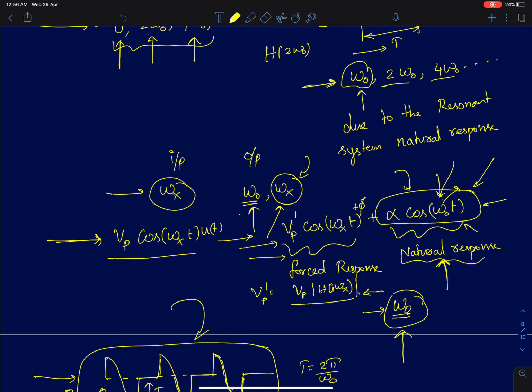Okay, and I haven't discussed the system with complex poles. That is the same as the right half plane pole and left half plane pole systems. So you will have a forced response and you will also have a natural response. You can very easily say that for a left half plane pole system, natural response will go down to 0, and the forced response is something that can be easily calculated from the initial analysis that we did in this lecture. In the next lecture, I'll probably give a rigorous proof of some of the results that I've discussed now, and we'll very quickly move on to the frequency response of single stage amplifiers.